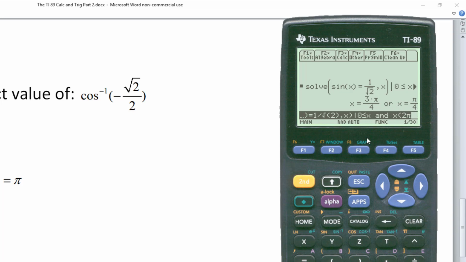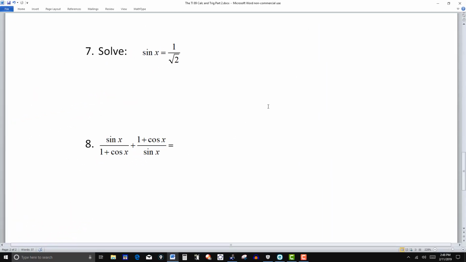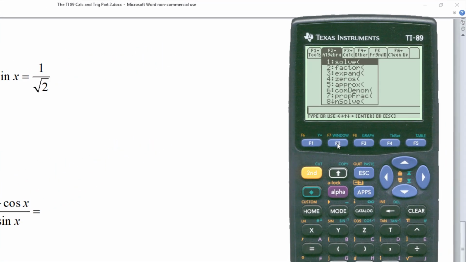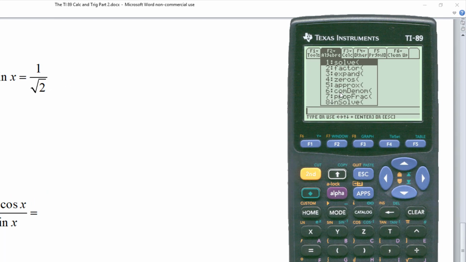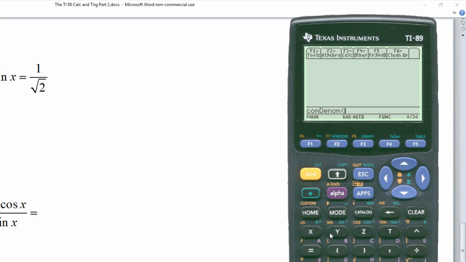Let's clear this, and then on this one right here, we want sine x over 1 plus cosine x, plus 1 plus cosine x over sine of x. So we want to combine this. What is this equal to? If you do it on the calculator, we go to F2, and here we're combining expressions. So we've got number 6, common denominator, and this will be sine of x divided by, I need parentheses here, so parentheses, and then 1 plus second, cosine of x, close parentheses, and then close parentheses again, and then plus,